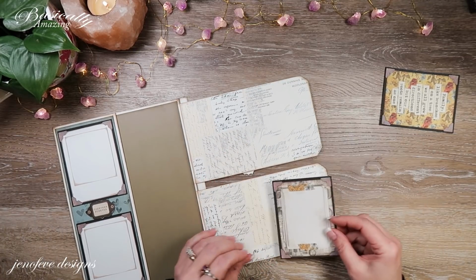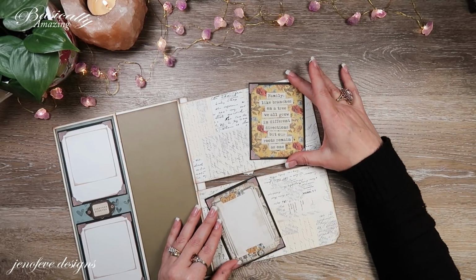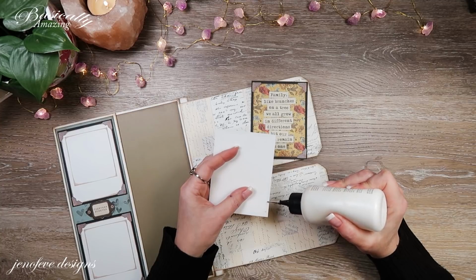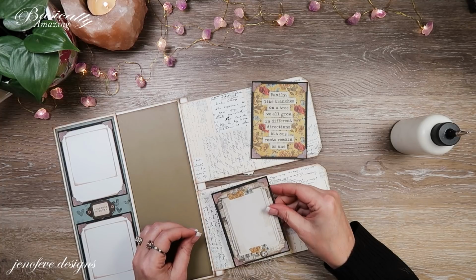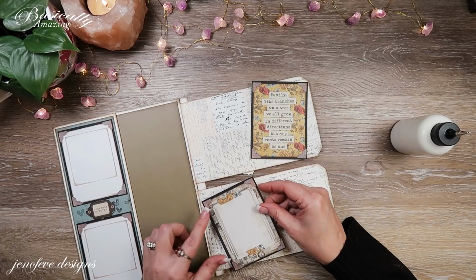So I think we'll put this one down here and this one up here. And we're going to put them at kind of a slant, and we're going to glue only a few sides. Well, we'll start with just one side. We're going to glue this one side down. And I think I just glued the wrong side, but that's okay. So I'm going to put it at a slant,